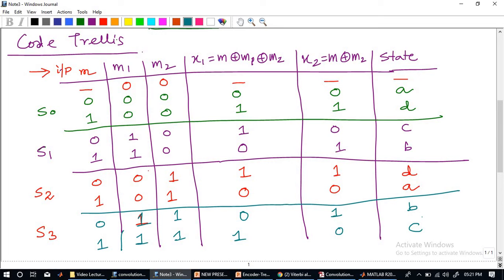Is there any doubt with the table formation? Because suppose you are given a different possible combination. So basically this is indicating your output. If you closely watch this, this is basically the output, because this is x1 and x2, and this is the possible state that you are in. So how you have defined the state table and how you have defined the connection will definitely change the way the table looks.